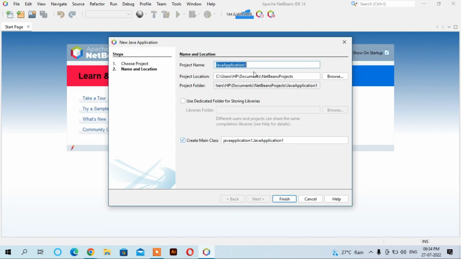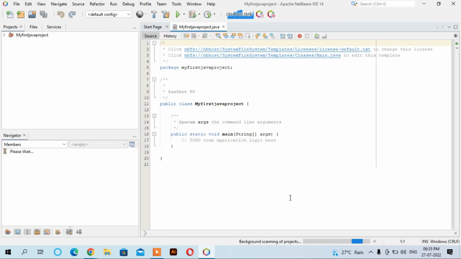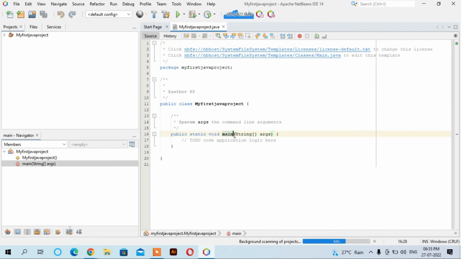Click next and write down a name here. For example, my first Java project. Click here, finish. And you can see here the programming language code: public static void main, String. If you want to print something, for example my first Java program, you can write down here